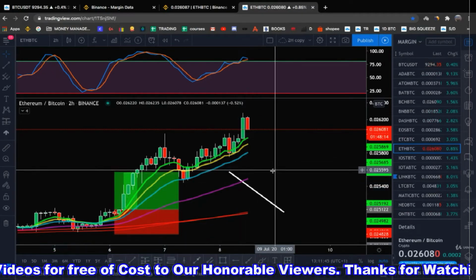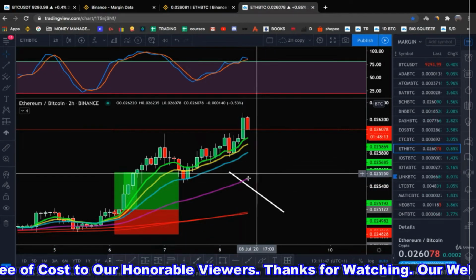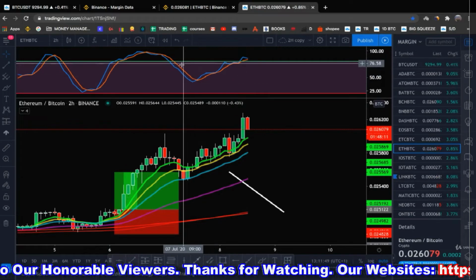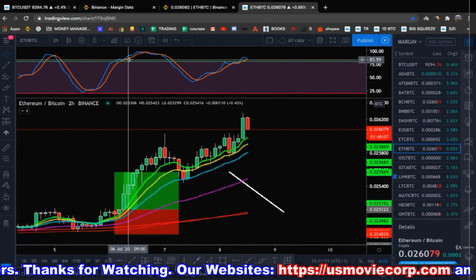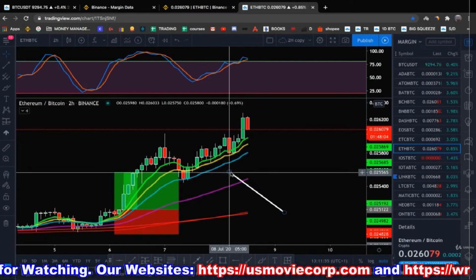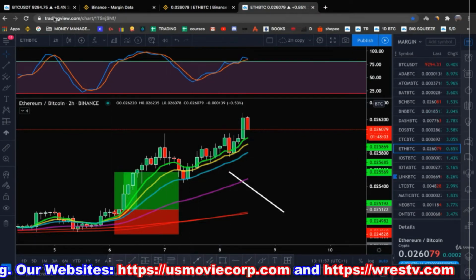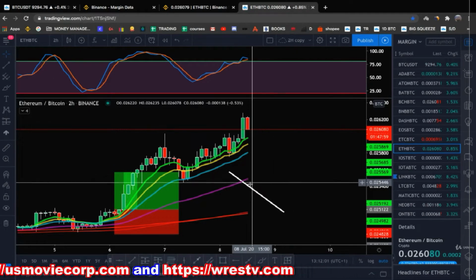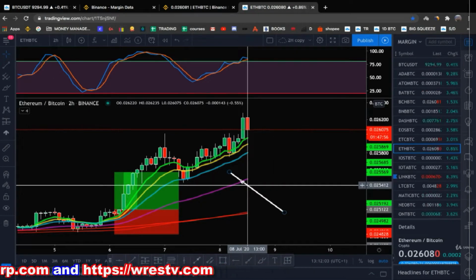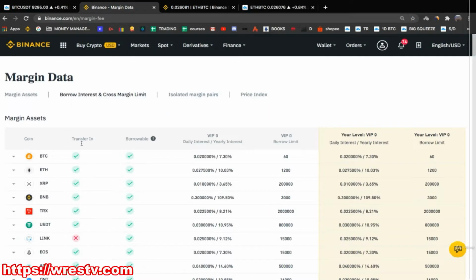So now with margin trading, it's no longer like this. Now you can simply borrow Bitcoin and trade all these Bitcoin pairs that you like that are available for margin trading. So this is key, and this is a very, very important element and a huge advantage right now. And you don't even have to care about the Bitcoin USDT price, because you are simply borrowing it. What you have to care about is the daily interest. Just like I showed you, that's not a big deal.